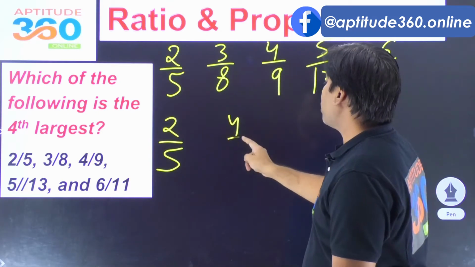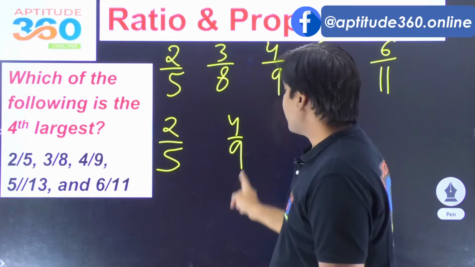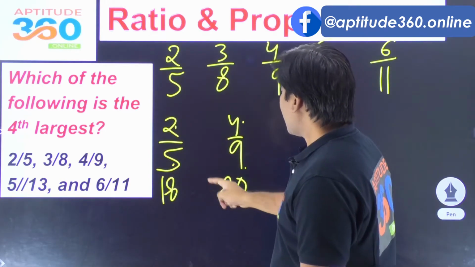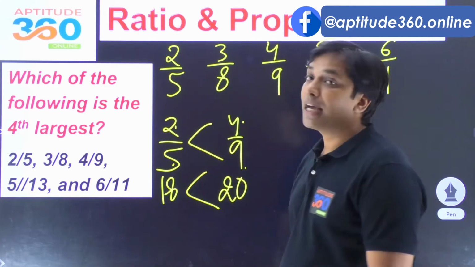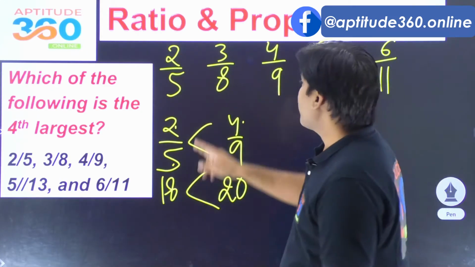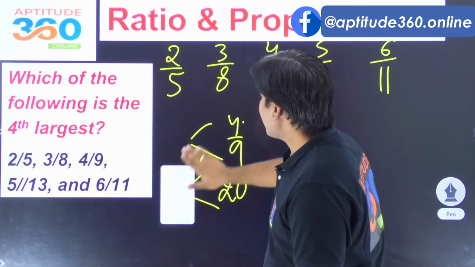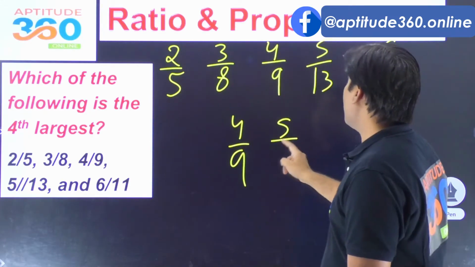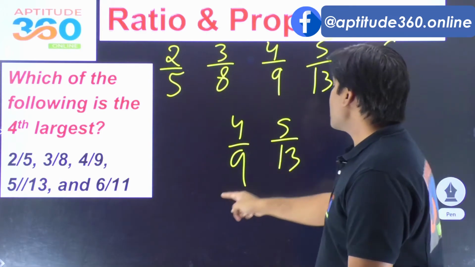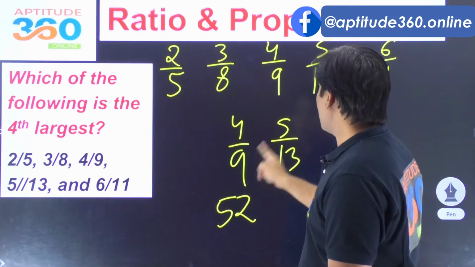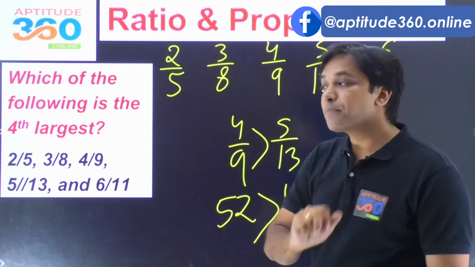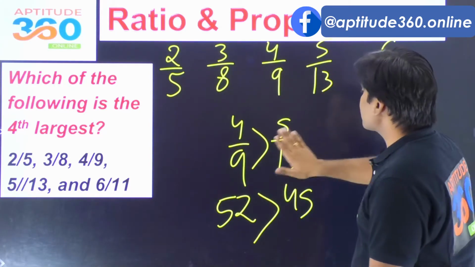Now I have got 4 by 9 and 2 by 5, so 9 into 2 this is 18 and 5 into 4 this is 20. Now this is bigger, so 4 by 9 is the larger of these two values. अब ये गया, अब क्या बच गया आपके पास में, 4 by 9 बच गया। 4 by 9 को आप किससे कंपेयर कर दो, 5 by 13, so this is coming out as 52 and 45, because this is bigger, so 4 by 9 still is bigger of these two values, so 4 by 9 बच गया, 5 by 13 is gone।